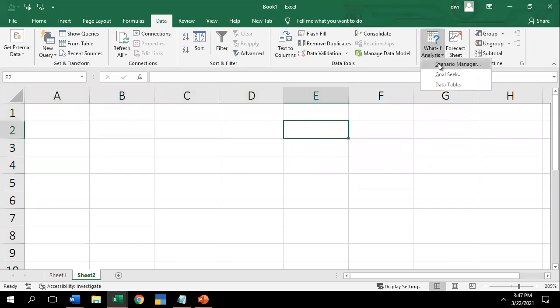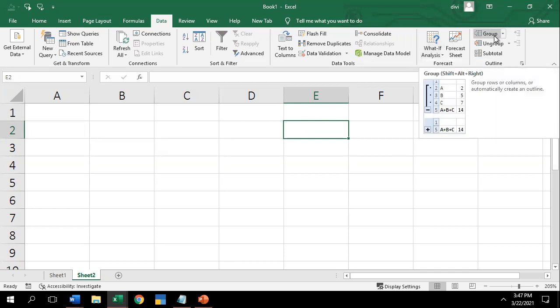And what-if analysis, target-based. In what-if analysis, you have three kinds: scenario manager, goal seek, and data table. Goal seek, if you have a value, what will be the target? If you want to find it, you can go by goal seek. Data table, if I have one value and I select multiple, what will be my target? If I want to find it, I can go by data table. Scenario manager, if I want to switch between multiple tables, you can go by scenario manager.